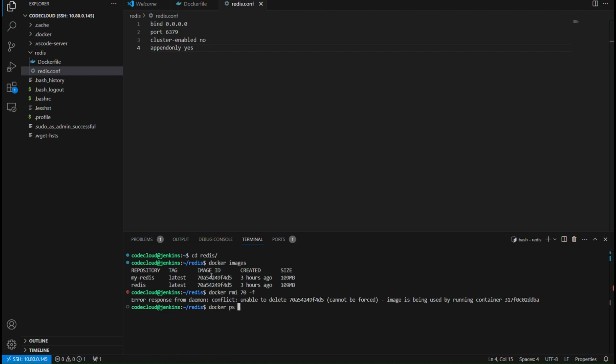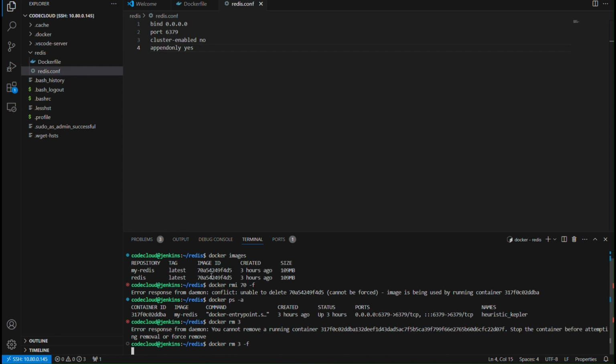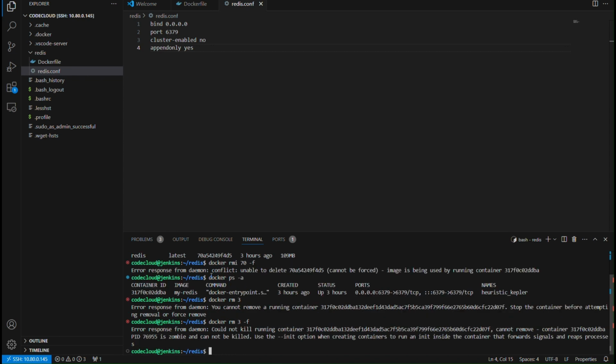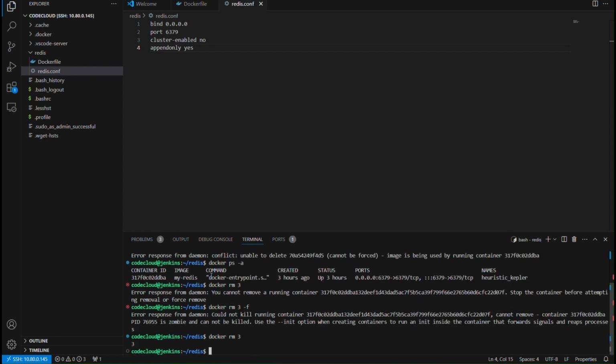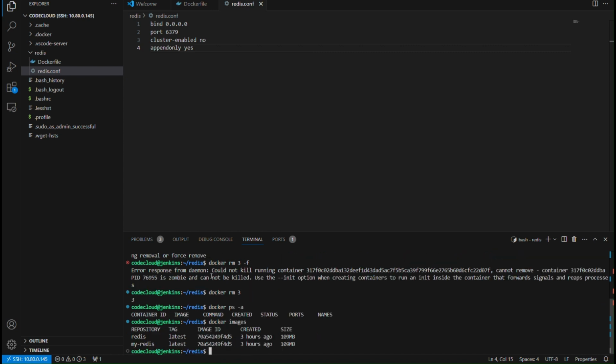So docker ps -a. I have to delete this one. docker rm 3. And I have to stop. Okay, for a second. So if I remove now, it should stop, and if I do so, nothing is there. And if I do images,